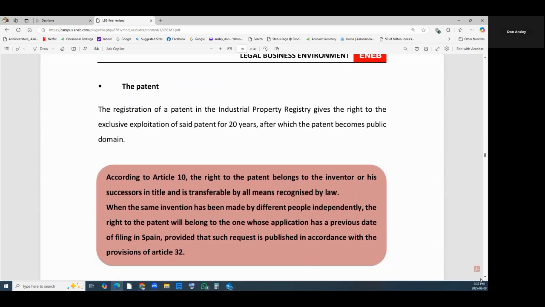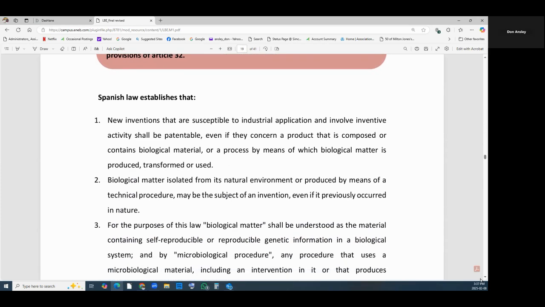According to Article 10, the right of the patent belongs to the inventor or his successors in title and is transferable by all means recognized by law. When the same invention has been made by different people independently, the right of patent will belong to the one whose application has a previous date of filing in Spain, providing that such request is published in accordance with the provisions of Article 32. Spanish law establishes that new inventions that are susceptible to industrial application and involve inventive activity